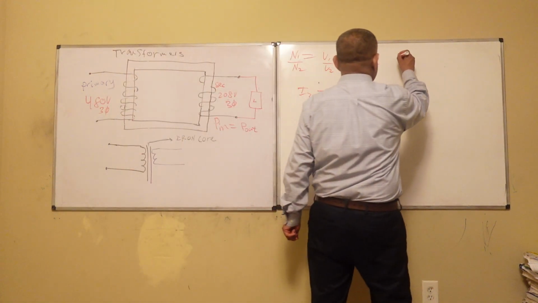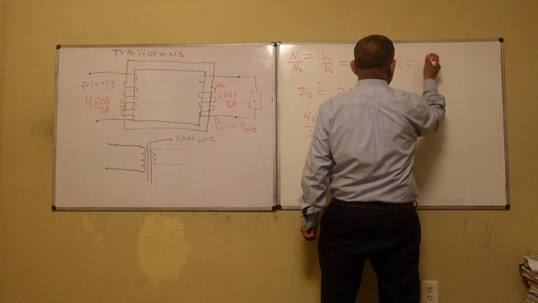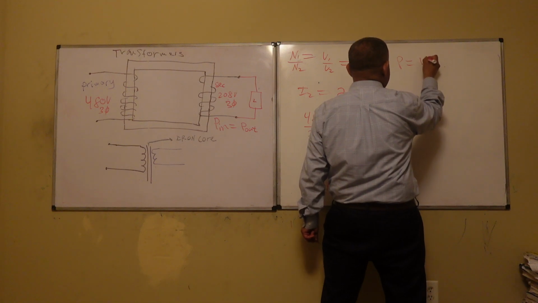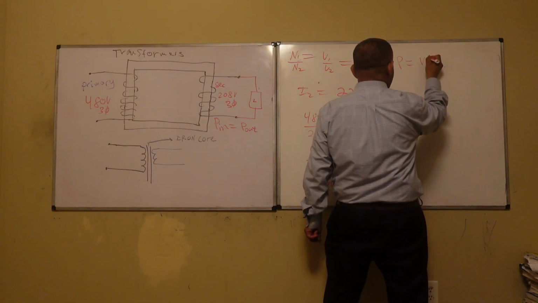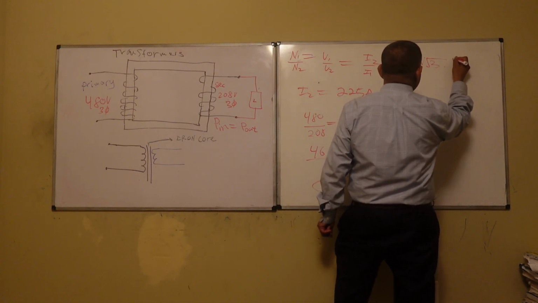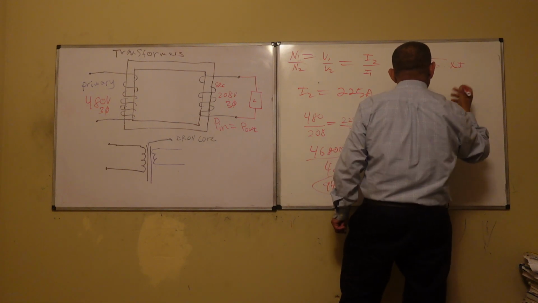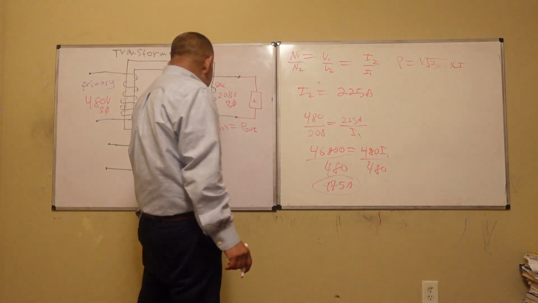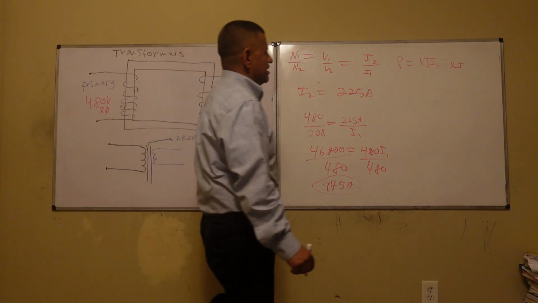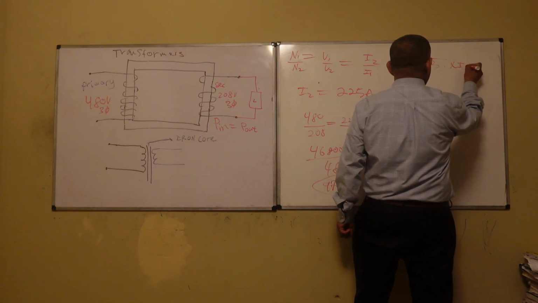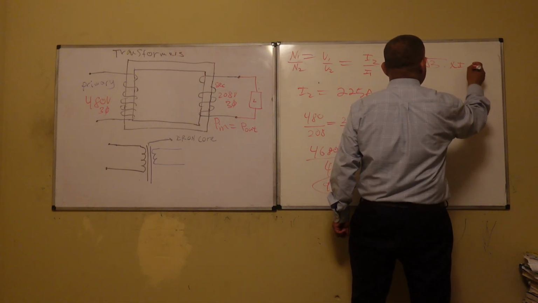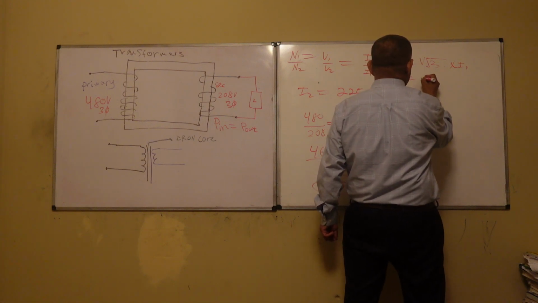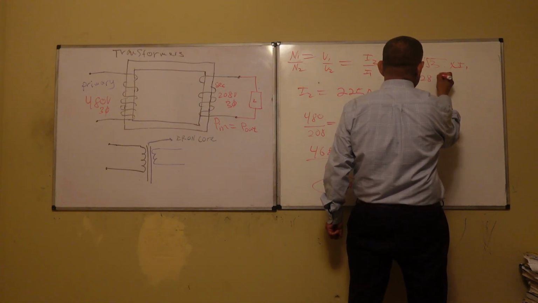So power is equal to what? Is equal to V times the square root of three, for a three-phase system, times I, the current. So in this case, if you want to calculate the power coming out over here, this is I1, so you know what I1 is. So power is equal to 208 times